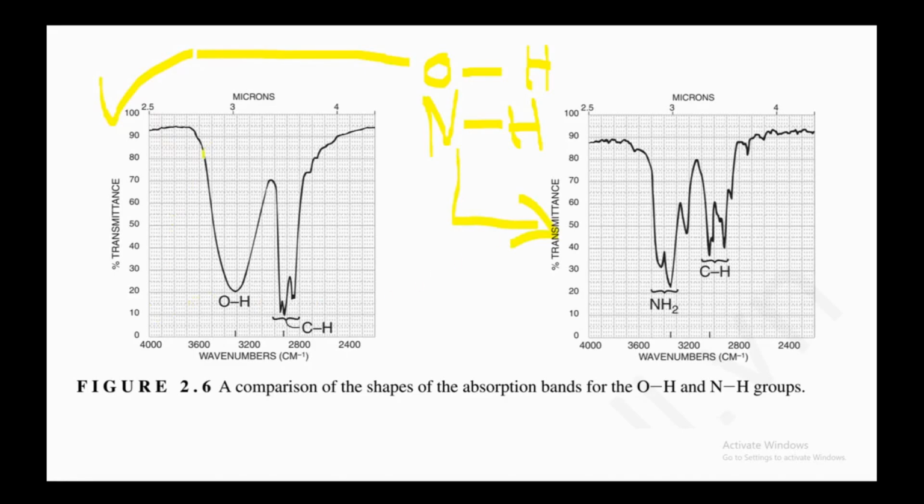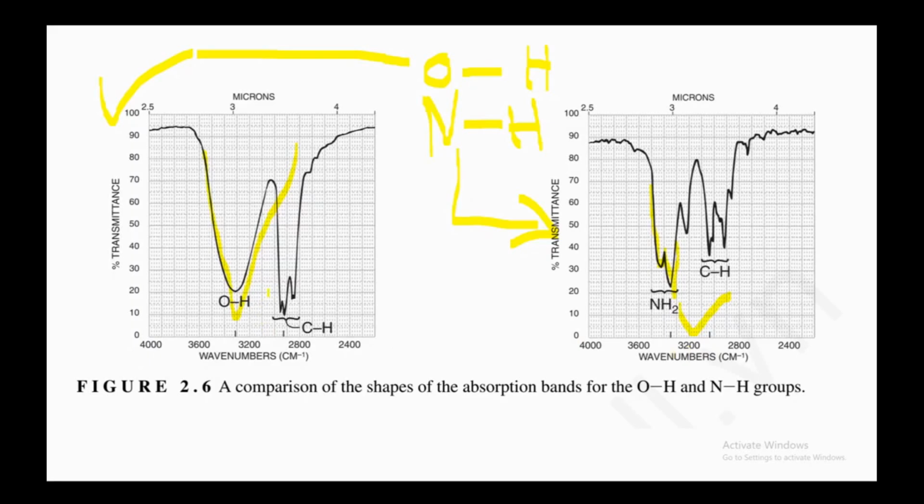You can see the V-shaped structure is for the OH, and this shoulder, a couple of peaks, is for NH2. So this is how you can predict from the shape of the peak whether this is an OH